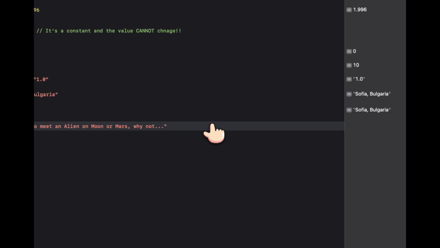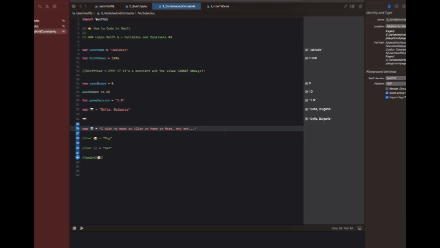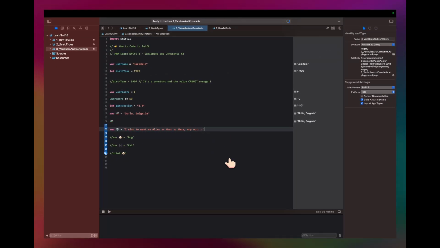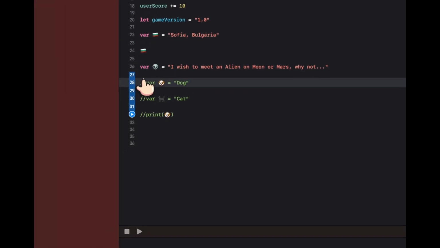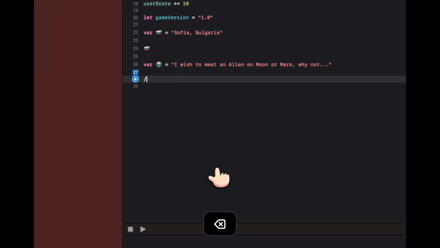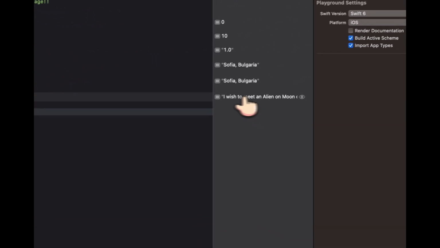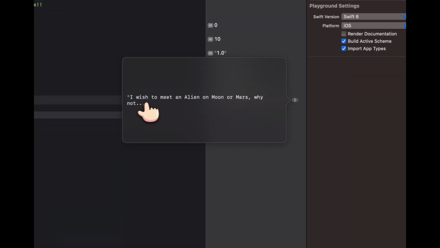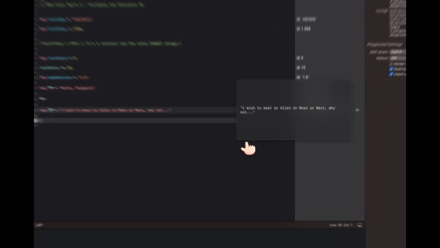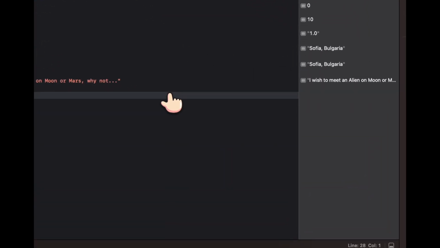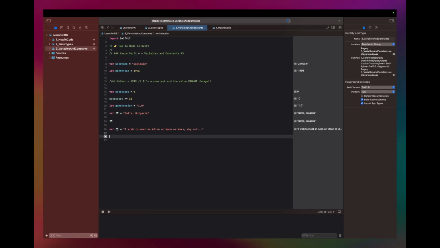Yeah, the alien Area 51. And then if I try to run this, oh, this poor dog and cat can't walk. I hope this is a compiled temporary bug. And then, oh, I wish to meet an alien on the Moon or Mars. Why not? When we could travel to the moon, why not? I don't know when and why, but